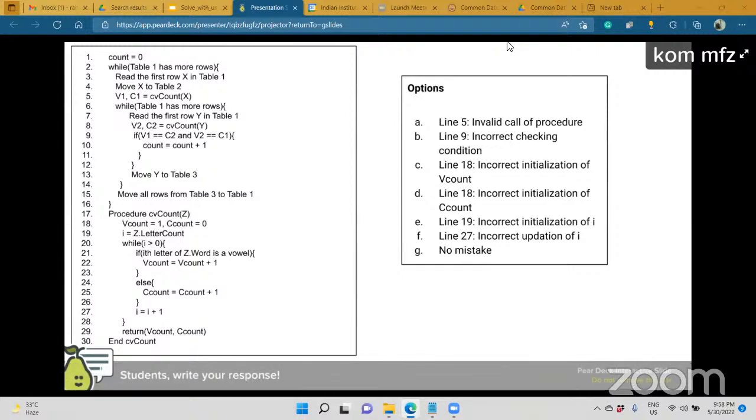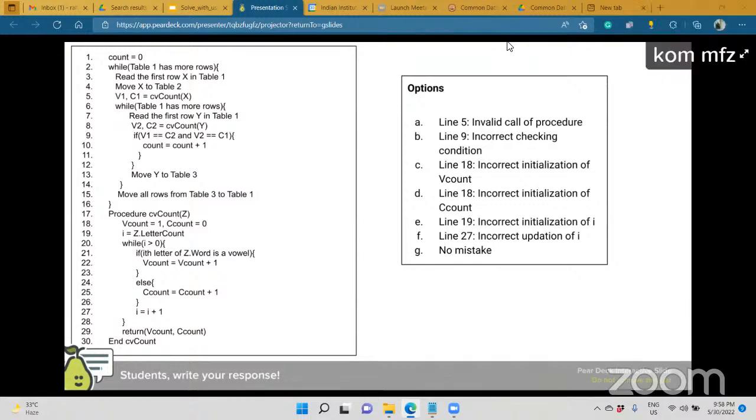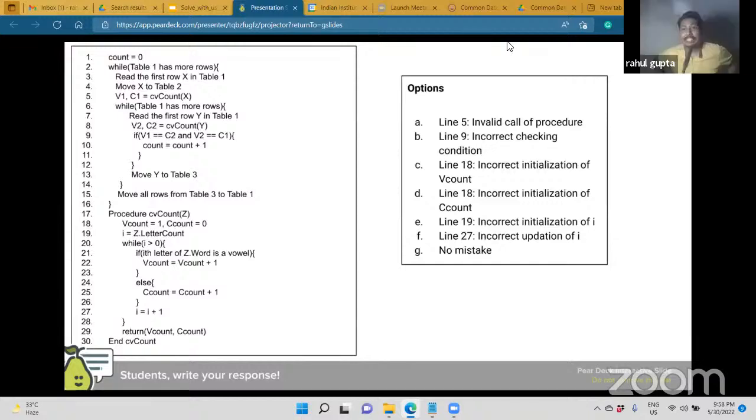Okay. So usually what we do? Sir, it depends on line 21. Since they have given i equal to letter count, suppose the letter count is 3, we can give initialization as 3, but the 27th line would be i minus 1, sir. Yes, correct. So the 27th line is incorrect. I intentionally put these two lines.